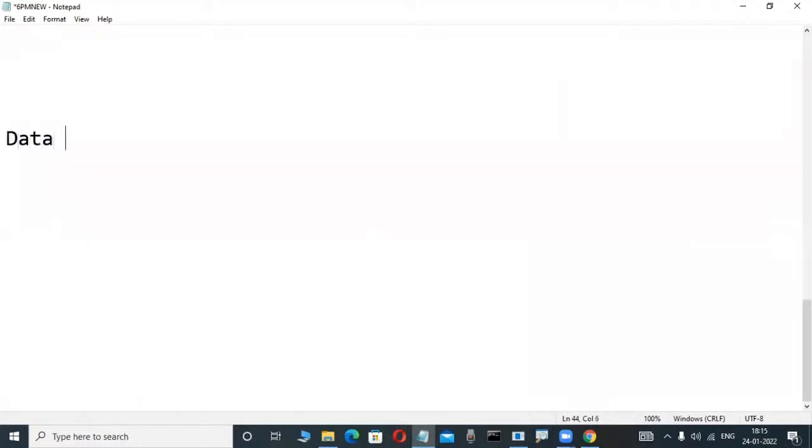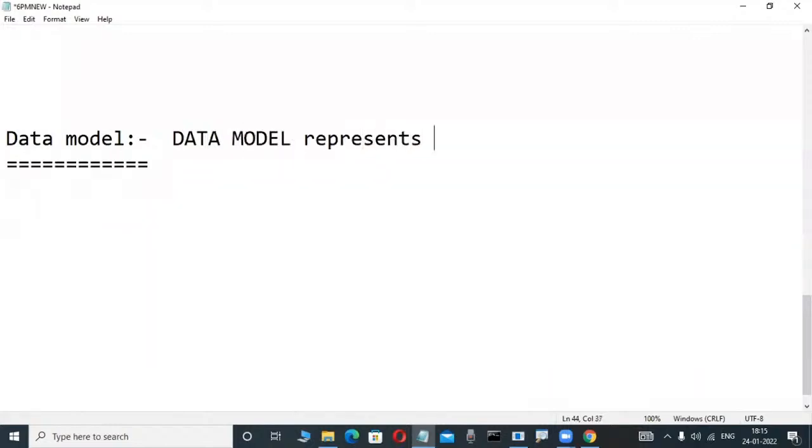Any computer students are there? They are well-known persons. Don't write anything. These are demos. Okay. Data model. Data model represents how data is represented. Data model defines how data is represented